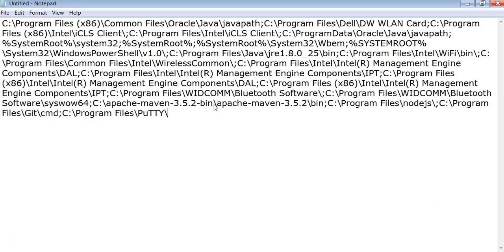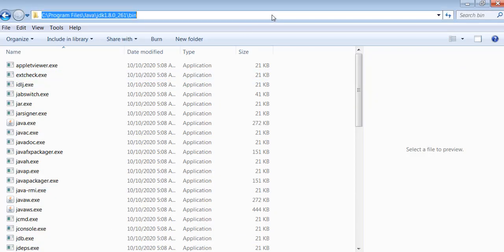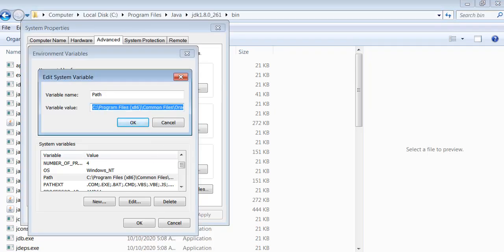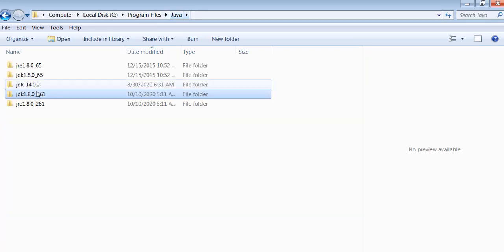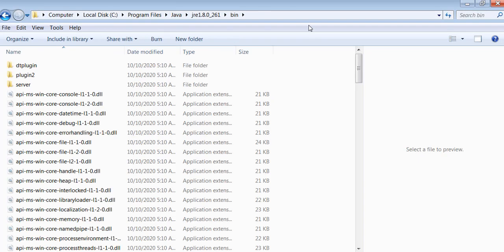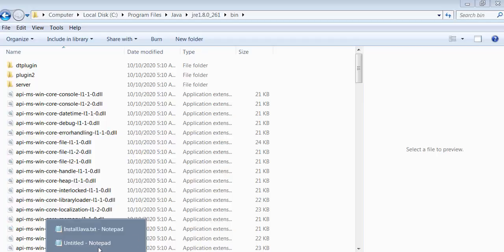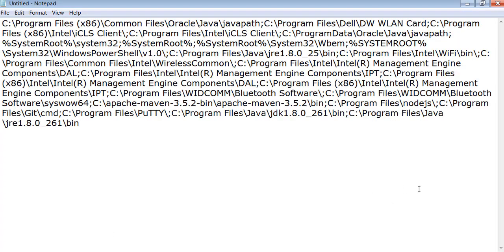So here, one important point is that you have to add the Java JDK and JRE path after this path. Put a semicolon, then give the path. So this is for JDK, Control C, then go back to the notepad and update this in the notepad. This is for the JDK bin, then a semicolon again, then identify the path for the JRE bin, the Java JRE bin, copy this path,